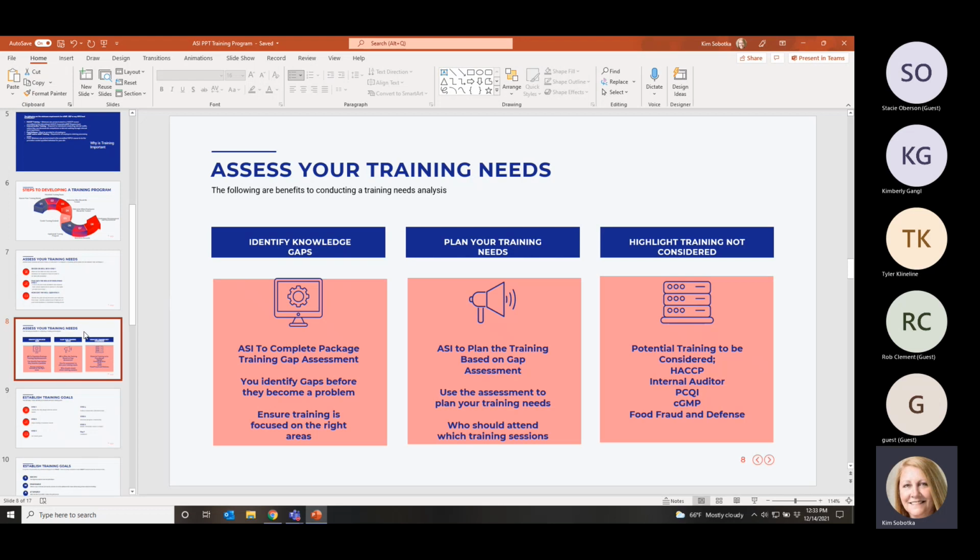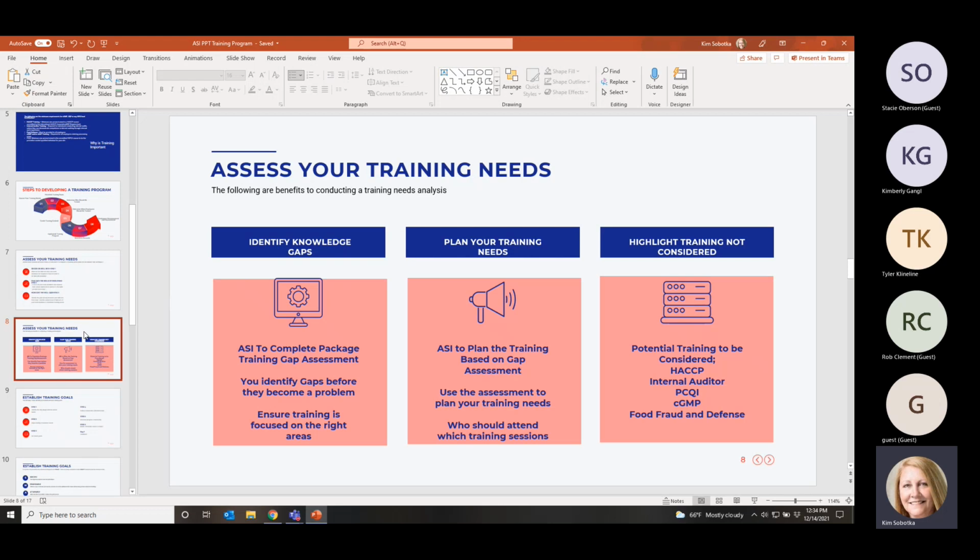Plan what your training needs are. Do your timeline on that little snake slide on slide 6 that we went over with the different steps. Use the assessment to plan what your training needs are, and who should attend those trainings. But I also want to add on there that you also need to determine the frequency and create the content material. And it's okay if it's really basic to start with, and then it gets a little bit better over time, because that's what we want to see.